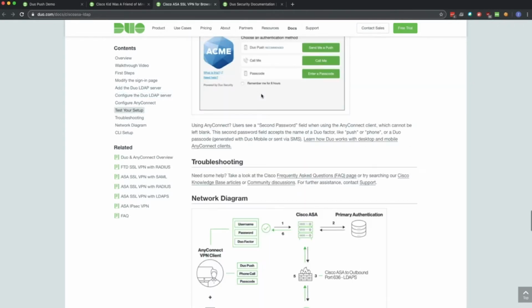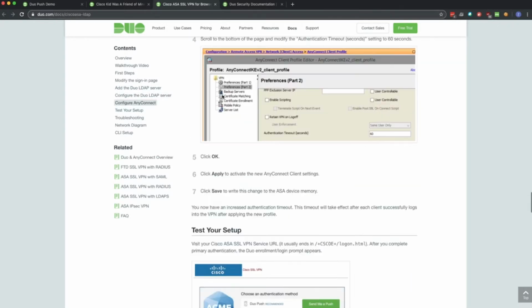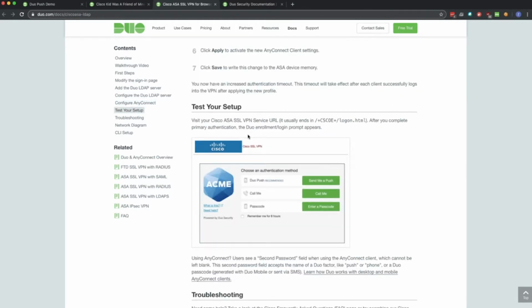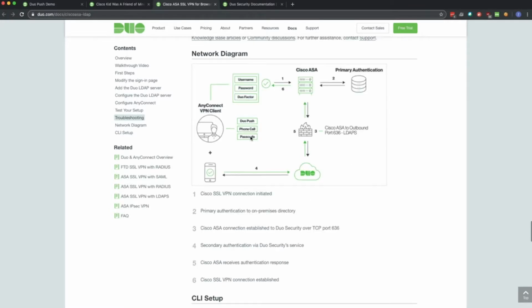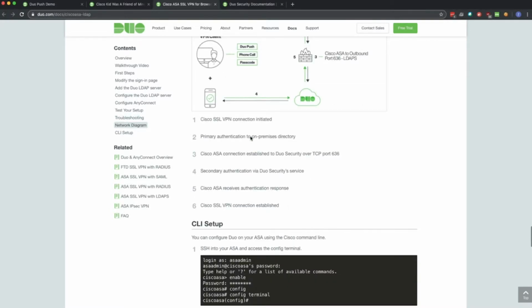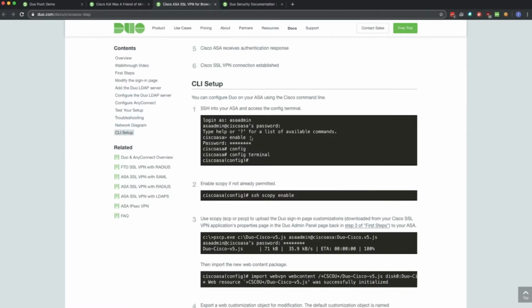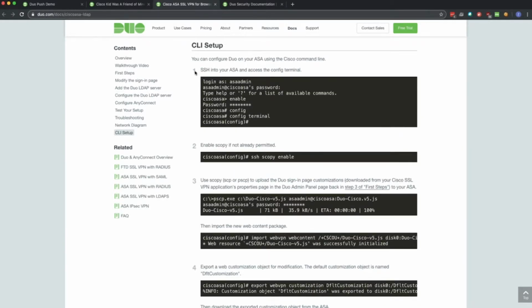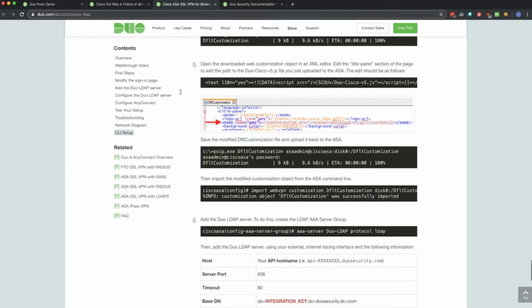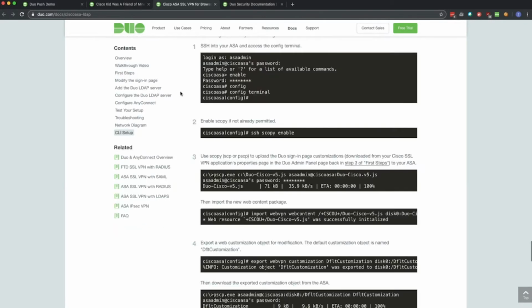You'll also see a flow of what a successful login should look like for that integration, a network diagram showing the full flow from the user initiating authentication to finally reaching that resource after primary and secondary authentication. And then for systems that have multiple configuration options, like for ASA, which you can configure through the command line as well, will include alternate or secondary configuration options.